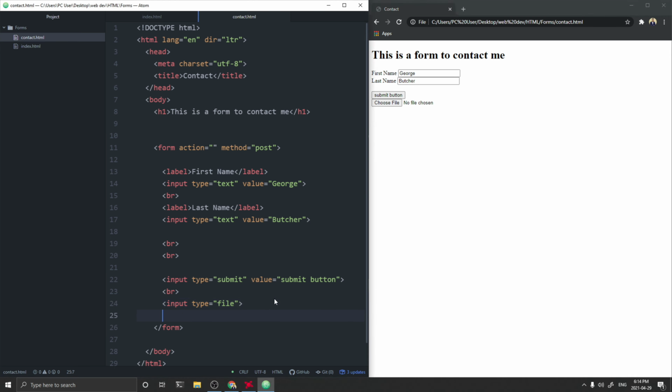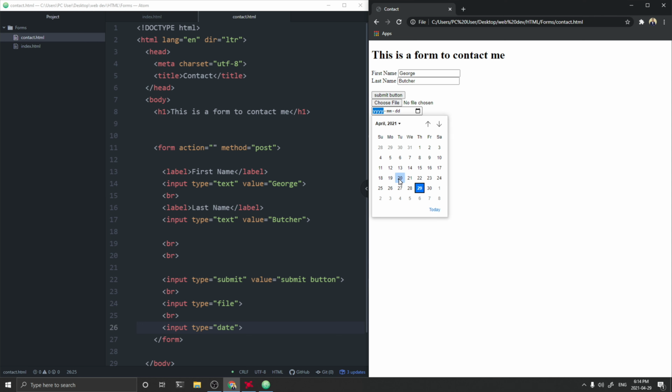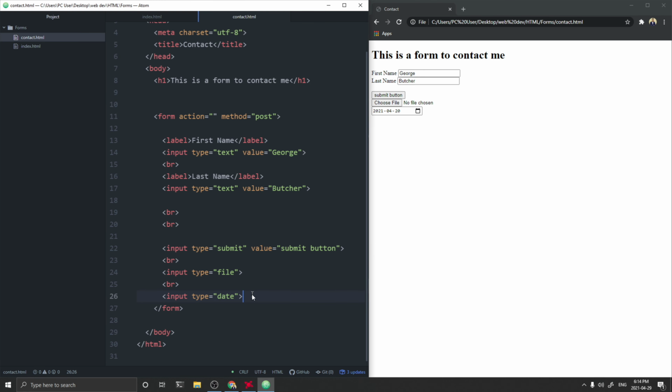So that's another input type. We could go ahead and get another one. And this one is actually something called date. So we could go ahead and select a date. And again, we do not need this. So again, now we have a date. Now we could choose a date. Let's say the 20th. So it's 21/04/20. Then we could go ahead and,